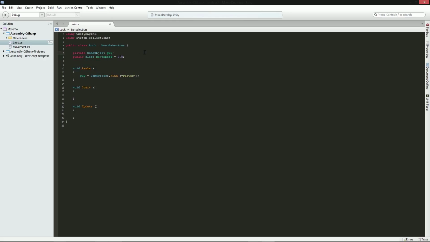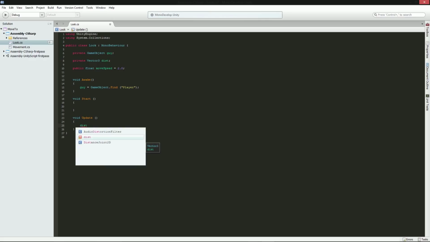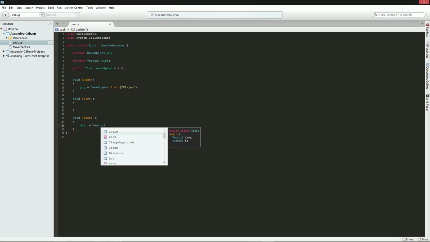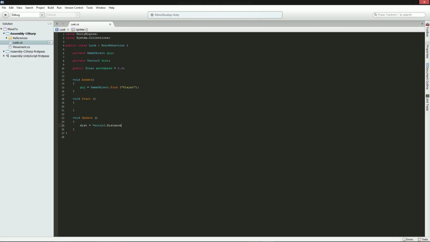Actually, we want to make this a little cleaner. Vector3 equals, or no, not equals. We want to name it. What are we going to name this? We're going to name it distance, or dist, whatever. Close enough. And dist, down here, we want it to be an update. I'll explain why in a second. Equals Vector3.Distance, and in there,